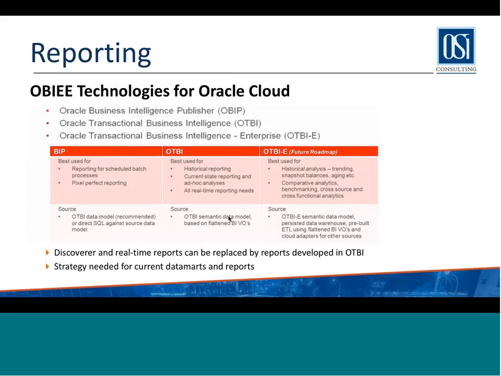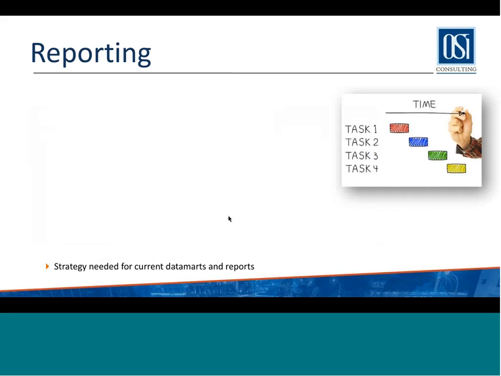So on the reporting side, again, just like you need to have a strategy in place for your historical data conversion, you need to also have a strategy in place for your reporting. How much of your reporting are you going to replace with OTBI reports, and how much of your reporting are you going to keep in place when you have external data marts or external data warehouses? You can just keep feeding those by pulling it out with queries that get developed out of the cloud environment. So that is again something that needs to be assessed and have a strategy in place before you decide to move to the cloud.